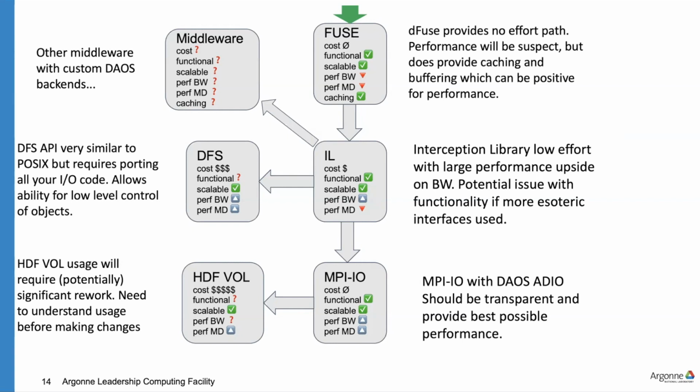And then the last thing I mentioned was using MPIO. It has the direct ability to talk directly to DAOS. If you have an MPIO code, great. All you need to do is make sure that you're using the ADIO, which, if it's not auto-detecting it, just adding this DAOS colon prefix to your strings, and then you'll be using DAOS. And again, idealized performance from MPIO should be good.